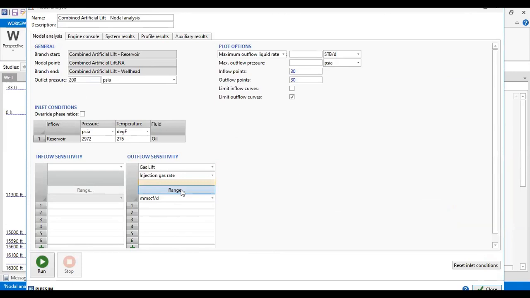Now I will change the gas injection rate. So starting from 0 for no gas lift, and then this our base case 2.74, and let's say we increase to a rate of 3.5. What will happen? Run.